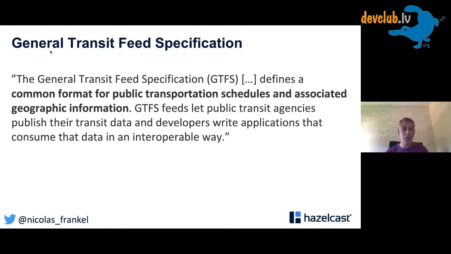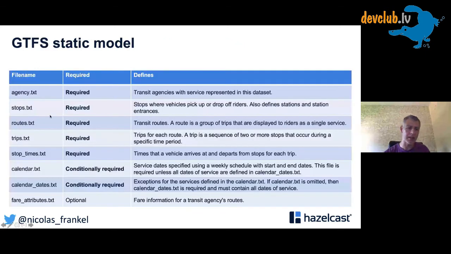There are two things. There is the static model, and you can see there are a lot of files. I don't want to go into detail, but here you find all the stops, and here the routes. It joins the stops. You can imagine that in this file there is a reference to this file.